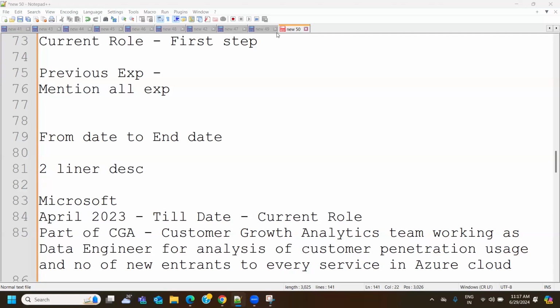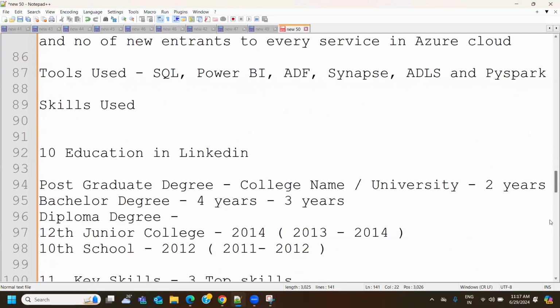So you can mention that I've started with 6 months of SQL, then I've moved on to Python. I've also learned Python. And then you can mention since last 1 year, I'm also using Synapse. I'm also using Databricks. This is the most feasible condition for me, and you can showcase all your 2 years experience as a data engineer.